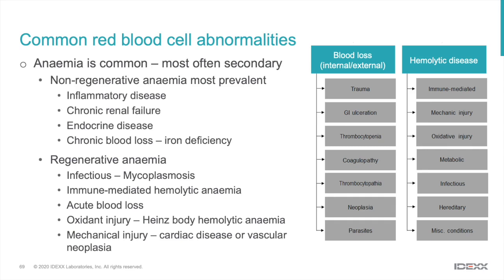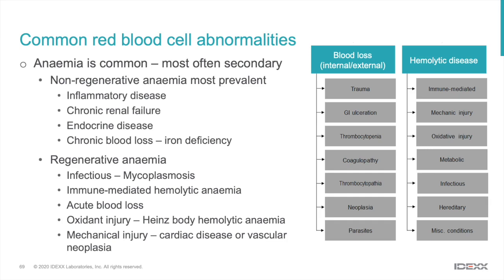Regenerative anemia clearly does exist, and remember, when we have a regenerative anemia, we have to go down a long laundry list of both blood loss and hemolytic conditions. Infectious disease in the cat with mycoplasmosis is clearly near the top of our list of differentials. Immune-mediated disease is possible, acute blood loss, and remember that oxygen injury, Heinz body hemolytic disease,